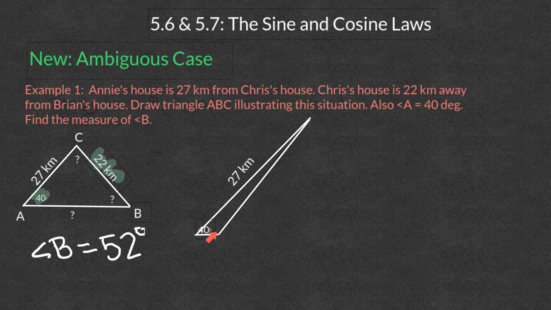So that's how we can draw two triangles to answer the same question with all the given information. So we were given that they're 27 kilometers apart. I've done that. C to B, sorry, I haven't put the B there yet, but C to B would be 22. We've got a measurement of 40, and then this angle right here would be our obtuse angle of 128 degrees. So if you're looking at your handout, you would be drawing this in part B on your handout,